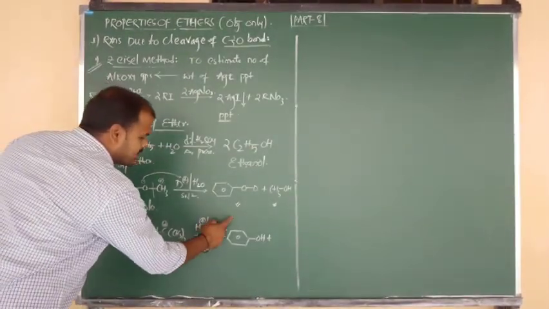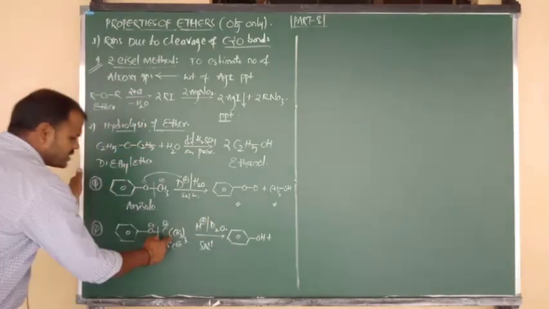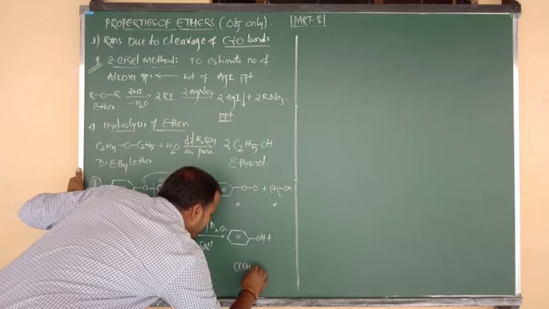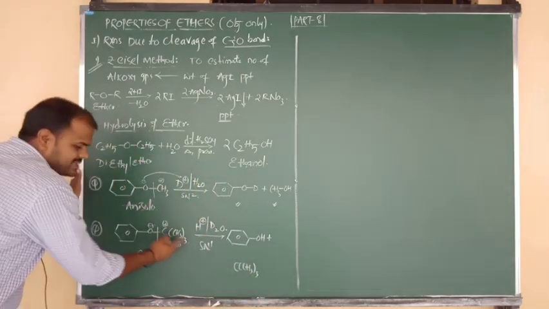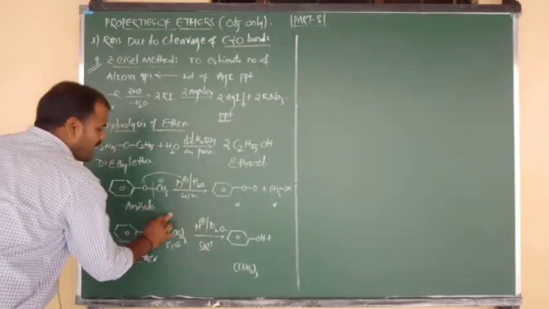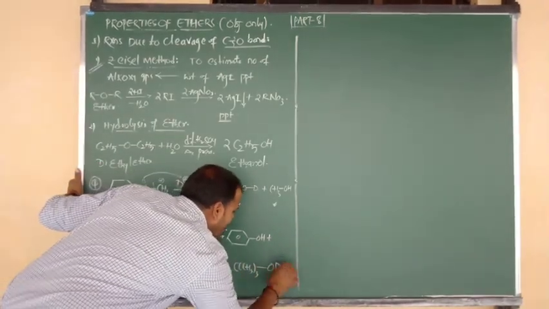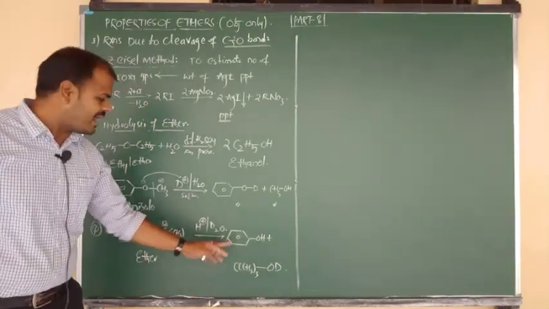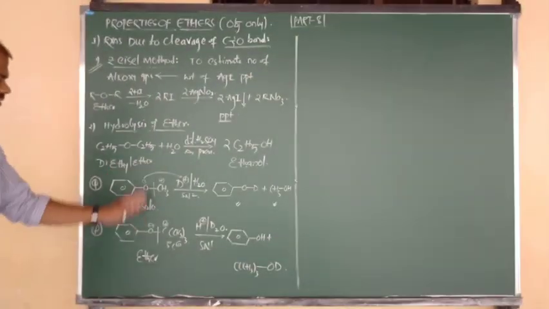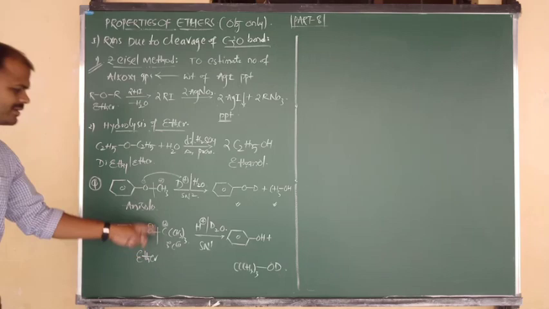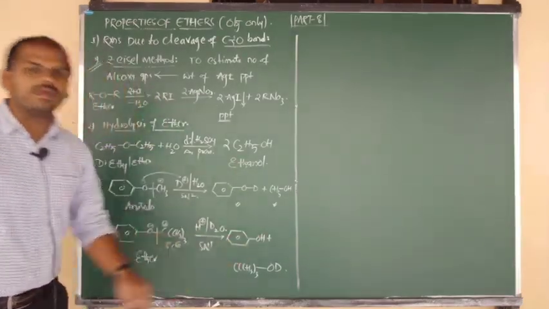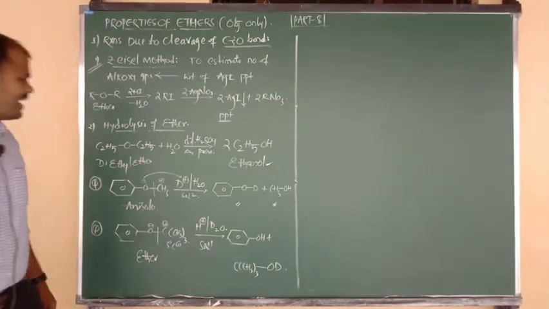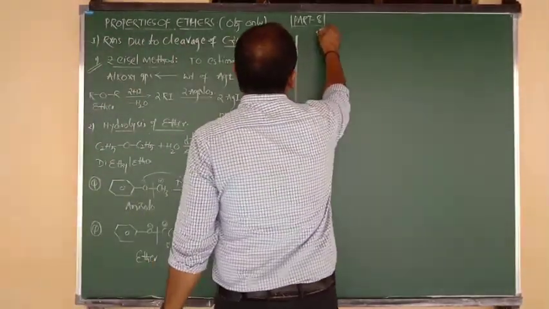Now such tertiary carbocation is attacked by the negative, that is nothing but OD minus from the heavy water. Heavy water contains D plus and OD minus, beta. So OD minus attacks upon the tertiary carbocation. So what is the other product? C with CH3 taken thrice in bracket, C contains charge plus, attacked by OD minus from the heavy water. So deutero tertiary butoxide and one more is nothing but phenol. In that way we can get the hydrolysis of ethers. Ethers upon hydrolysis give the respective what product, beta? Alcoholic products.